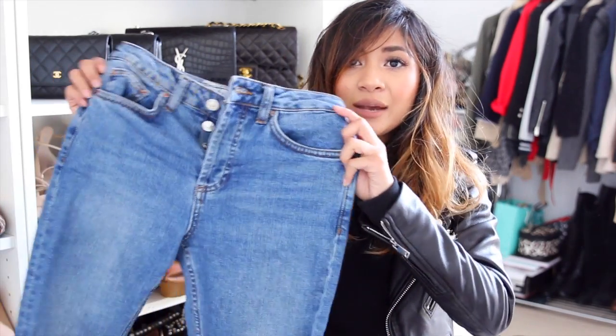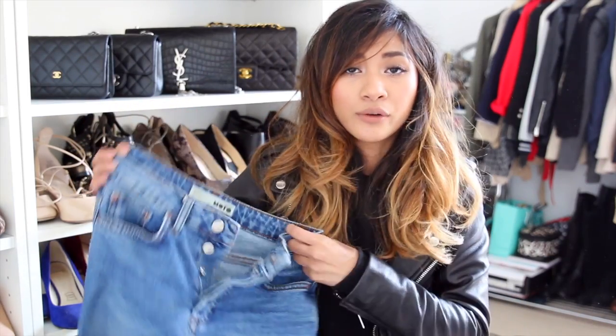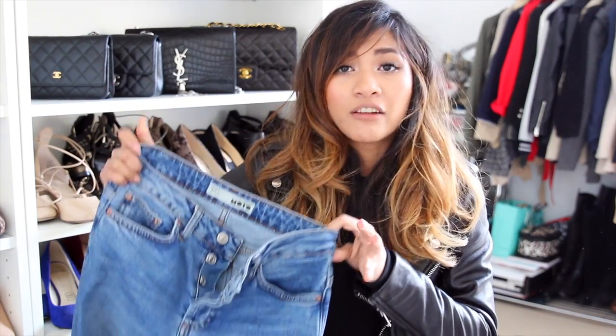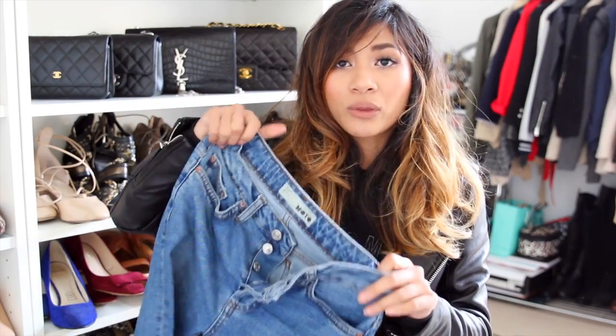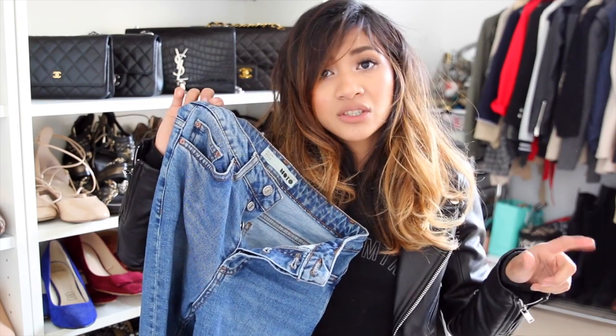So speaking of straight leg denim, I am in love with the straight leg jean trend. I can't believe I only just got onto the bandwagon. I love these pairs. These are from Topshop that I hauled a few months ago, and I've been obsessed with wearing them and styling them. They can literally go with everything, and my favorite style is really pairing it up with that pajama shirt,